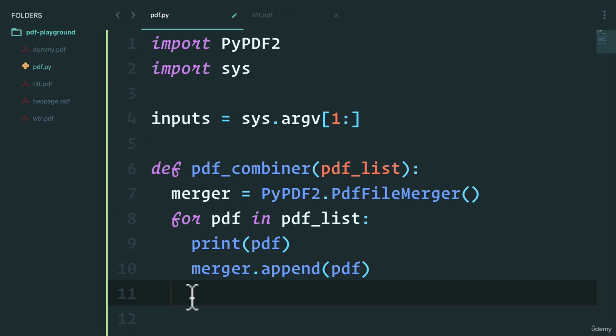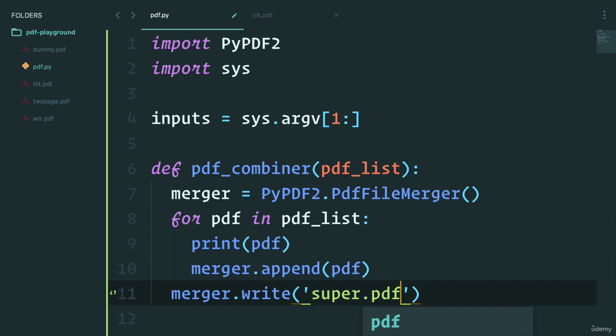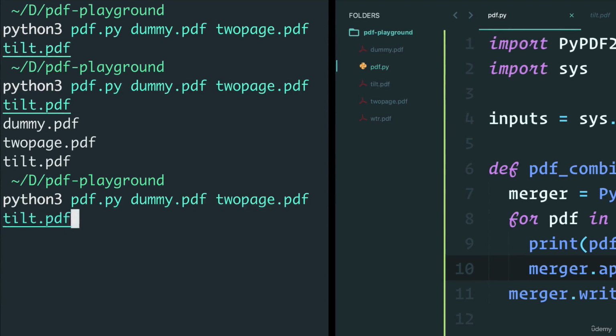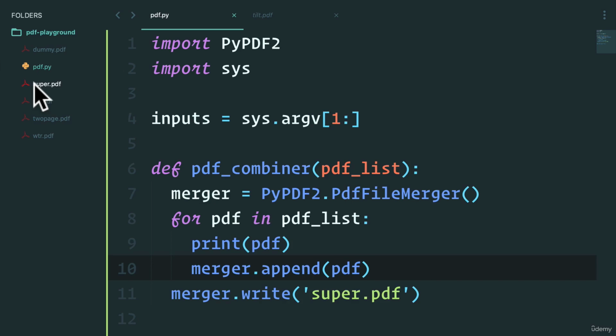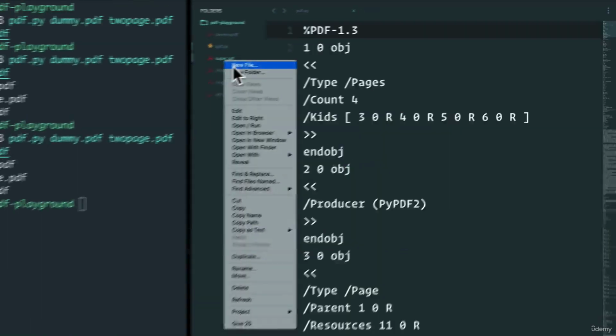And all we need to do is say merger dot write and just write the new PDF as, well, let's call it super.pdf. So let's see if this works. I'm going to run. And did you see that? We now have a super PDF. If I open this,